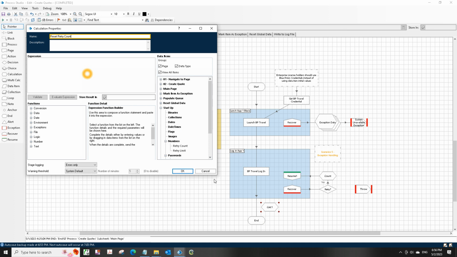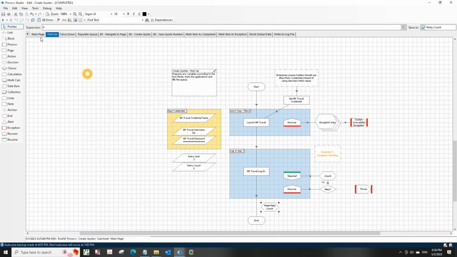Again, this is not really fancy stuff. I just set it back to 0, and let's say okay, and basically link this stage, right? So just make sure you reset it after you've tried 3 times before you end. Or if you tried again and it worked, before you end the page,